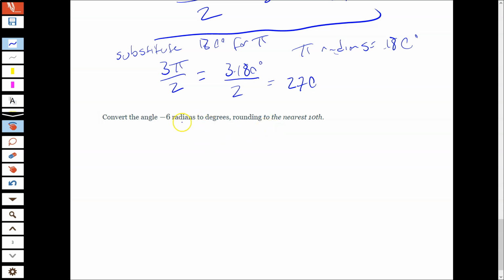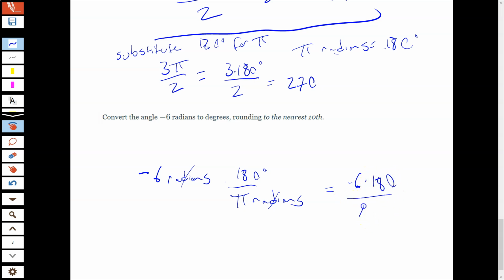For your work, obviously we can't plug in 180 for pi. We can't use this trick like we did before. But your work can look really similar otherwise. So negative 6 radians times 180 degrees over pi radians. My units cancel out nicely, and then I get negative 6 times 180 over pi. And here you need a calculator, right? So we're going to do negative 6 times 180, and then hit divided by pi. Make sure you keep your negative